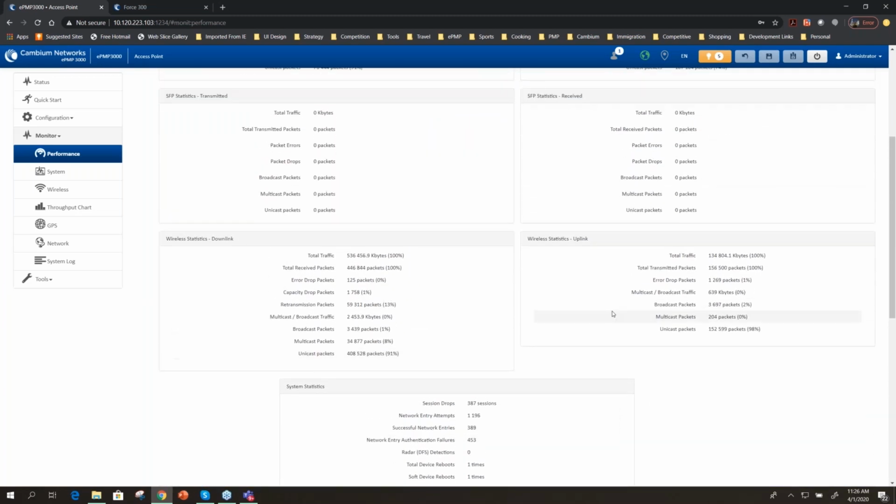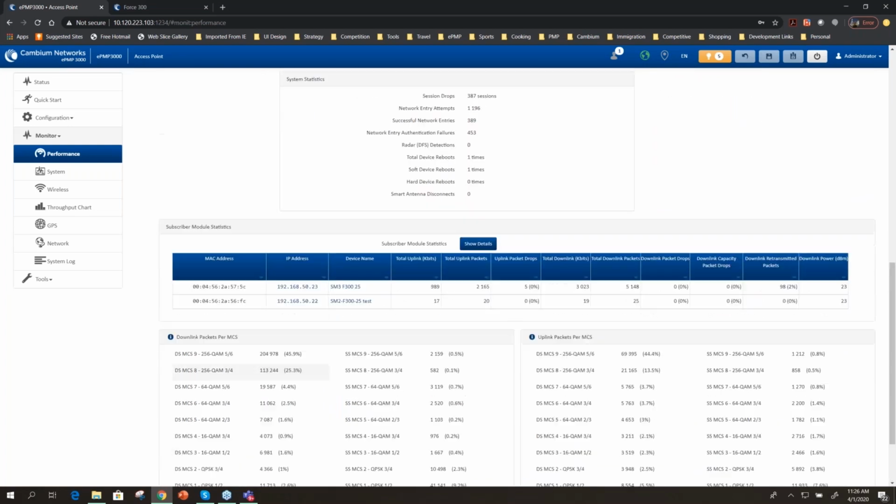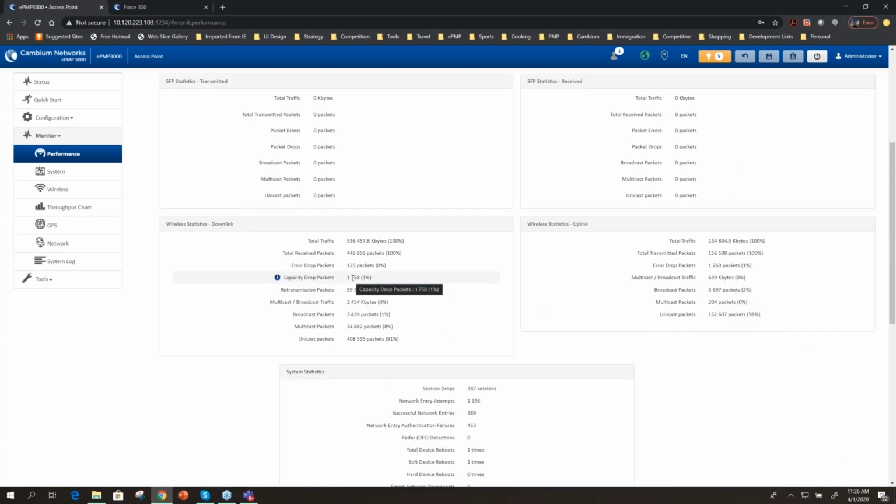Things like retransmission, for example, a retransmission packet percentage. This is not necessarily something to be super concerned about, but when the packet retransmits go up, this is when things start going down to the lower modulation rate, and it's a direct correlation to things like interference and how many packets are being lost and how much you are sending via software. Let's move ahead a little bit.